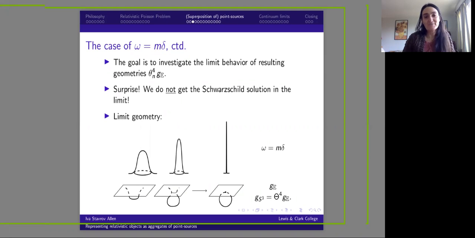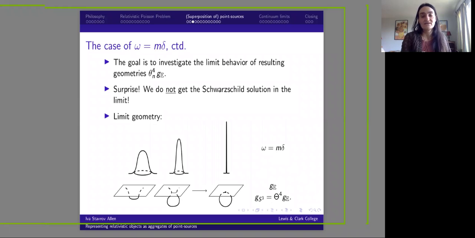And the first surprise happened pretty quickly, and that was that in the limit, you actually don't recover the Schwarzschild solution. And the picture of the limit is on the bottom of the slide. So as the matter distribution becomes more and more like Dirac delta, this gravitational well becomes more and more like a bubble, and the asymptotically Euclidean end becomes more like just a flat sheet. I understand this is actually 3D, so it should be Euclidean space with a 3-dimensional sphere attached at one single point. So it's literally like, reduce it by 1 dimension, so it's a sheet with a sphere attached at